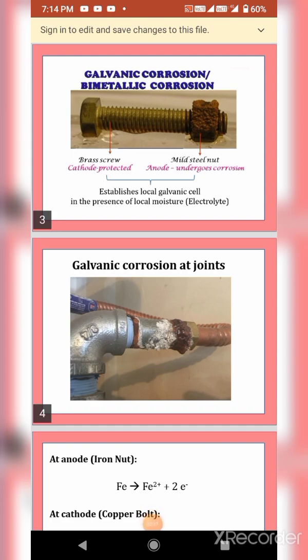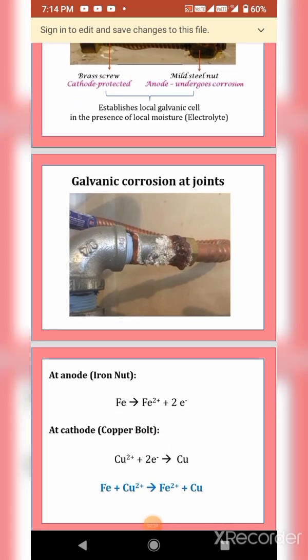When coming to prevention of galvanic corrosion, how can we prevent it? Let's see some of the steps to prevent it. First, couple those metals which are very close in the electrochemical series. Otherwise we are taking metals widely separated. If you take metals which are very close in the electrochemical series, then they will not undergo corrosion. The second one is to introduce a dielectric medium between the anodic and cathodic metal. And the third one is that the anodic surface area should be relatively larger than the cathodic metal.